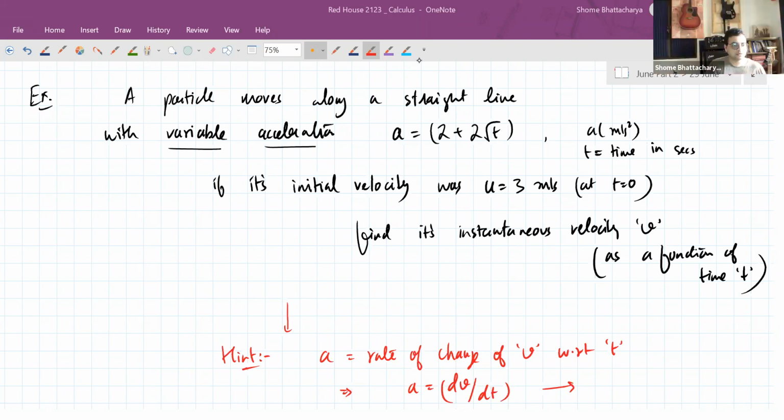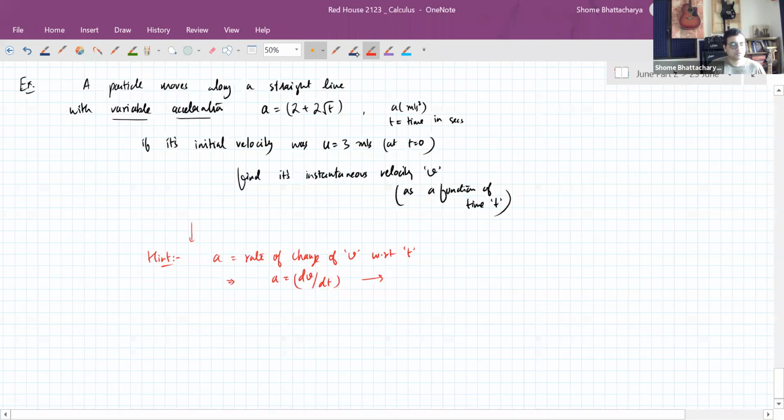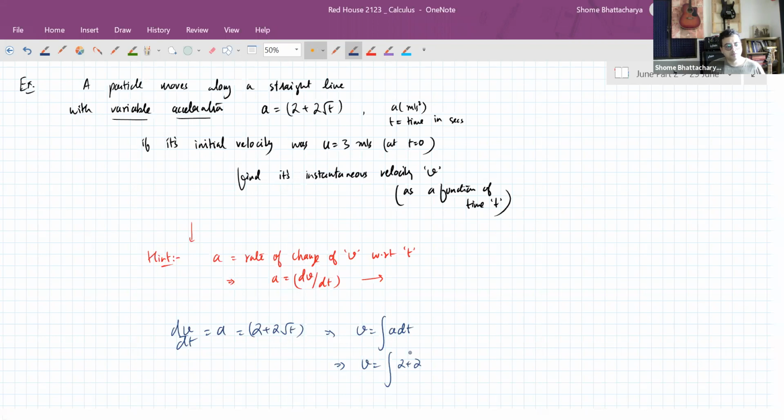Okay, so let's solve this. As I said, we'll use the relation that dv by dt is equal to a, which is this function. So that means v should be equal to integration of a dt. So v should be equal to integration of